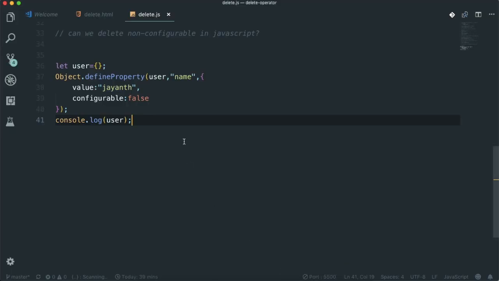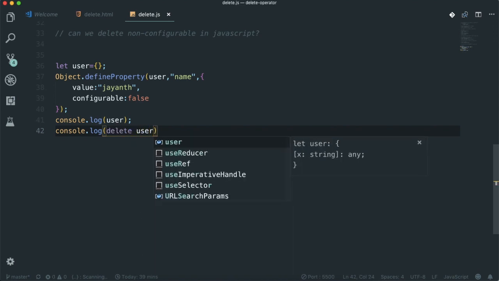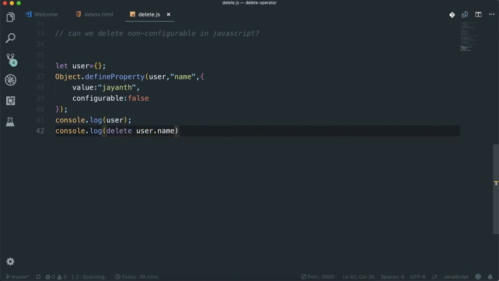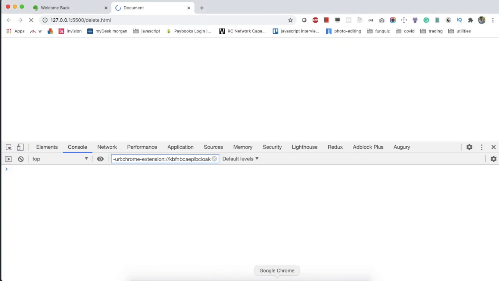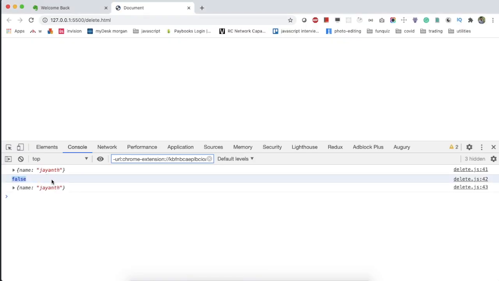Let me try that by deleting. Console.log of delete user.name, and then user. Now you can see it returning false because it was unable to delete that property, since it was set as configurable false.